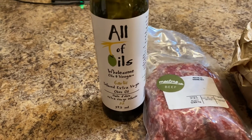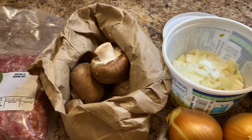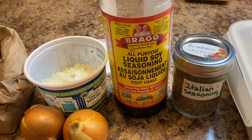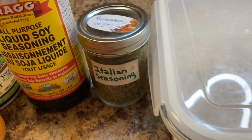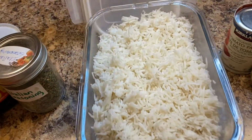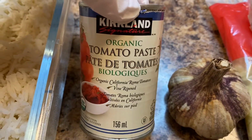You'll need 1 tablespoon or so of olive oil, 1 pound of ground meat of your choice. I'm using beef, 4 or 5 large mushrooms, 1 cup of finely diced onions, 1 tablespoon of soy sauce, 1 teaspoon of Italian seasoning, 2 cups or less, depending on how you like your mixture, but I used 2 cups of cooked basmati rice, 1 tablespoon of tomato paste, although I forgot to use it in the recipe and it was still great,